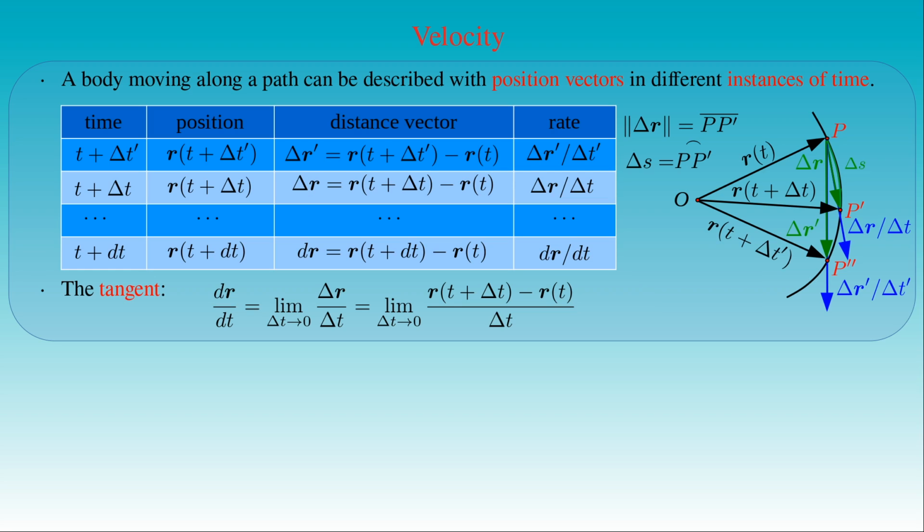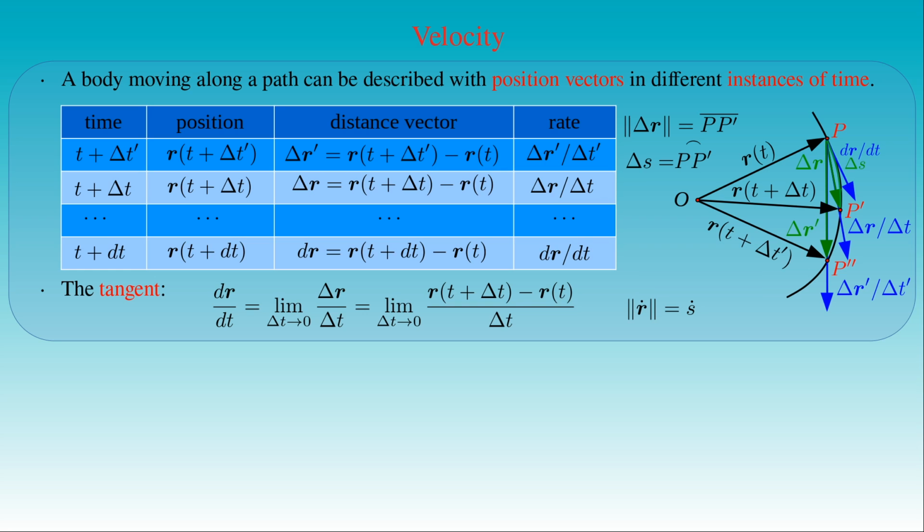In the figure, the tangent to the curve at the point P is the derivative dr over dt of the curve at that point. We have already seen that the difference of the distance vector approaches the arc length of the curve measured between the 2 points at the tail and the head of the distance vector. Then the length of the derivative of the position vector with respect to the time t at a given point on the curve is equal to the derivative of the arc length measured along the curve with respect to the curve parameter t at that point.